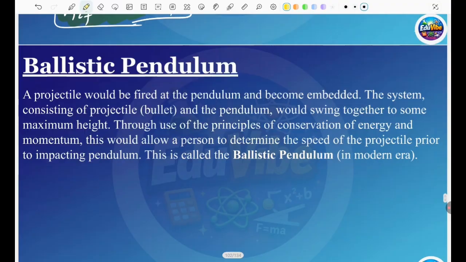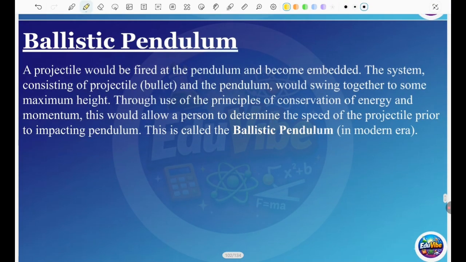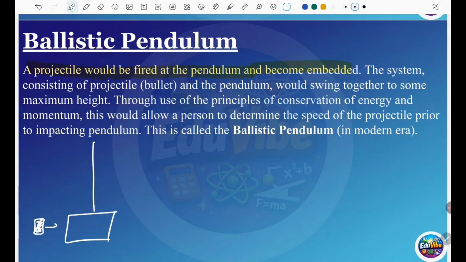Now we move on to the ballistic pendulum. The ballistic pendulum is a kind of projectile motion we do. The projectile is fired at the pendulum and becomes embedded. What they said, I have to explain this. So this is our something like a box over there. This is a pendulum, and we fire from the gun something like a bullet, and this goes out